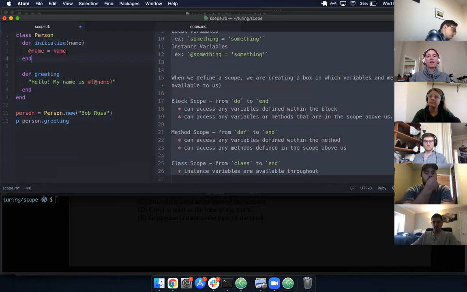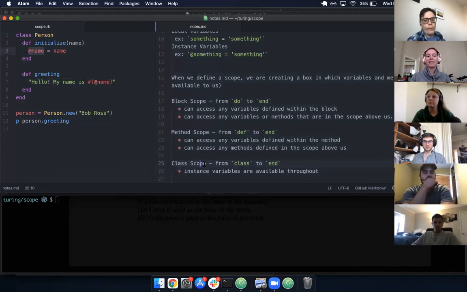So when we have an instance variable, this instance variable @name is now available to us throughout this class. So we can use it in any other method inside this class without having to re-declare it. These instance variables live in our class scope and are available inside any methods because our methods can access